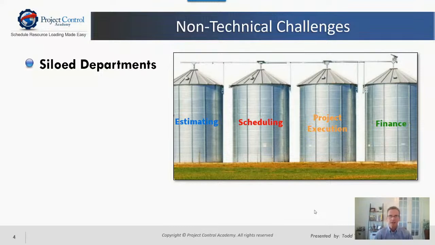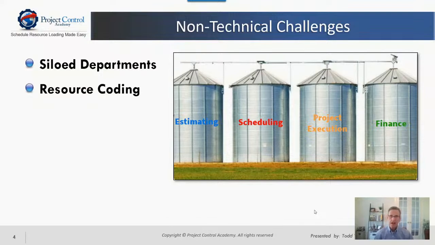So you've got estimating, that are working on the estimates and the bidding process. Sometimes scheduling comes into that because it's required for the bid, but essentially, they'll be bidding ferociously to land one. And then once it's awarded, then it goes over to scheduling to actually schedule it out for the execution. Gets passed on to the project execution team, and then also to finance to kind of track it. But those tend to be departments. They tend to be kind of siloed, and they're focused on their own issues.